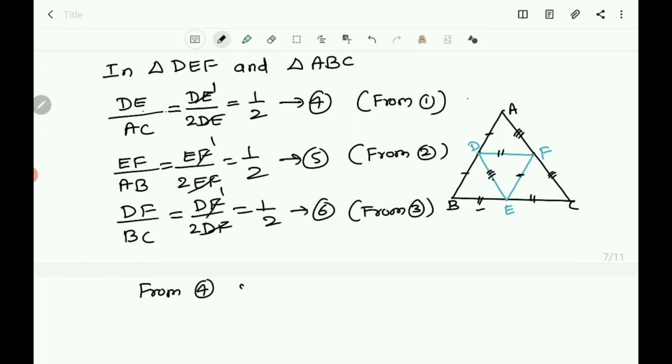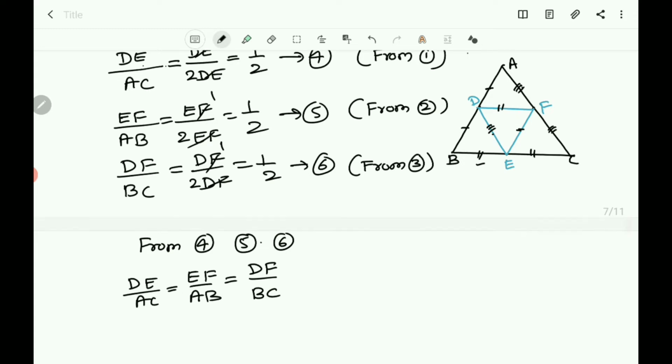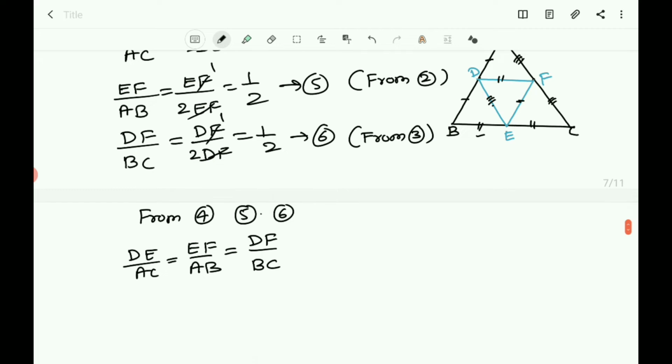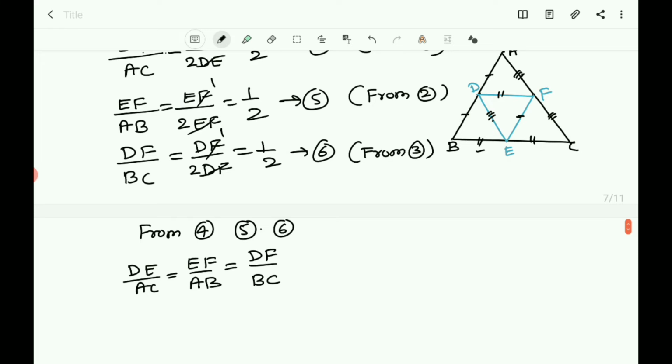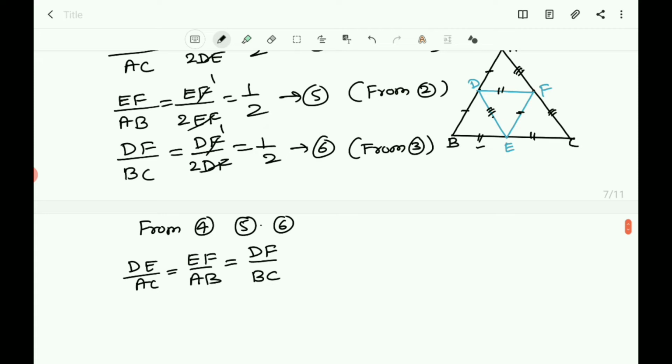From 4th, 5th, 6th, what can you write? DE by AC is equal to EF by AB is equal to DF by BC. So you can write here: triangle DEF is similar to triangle ABC. So you write